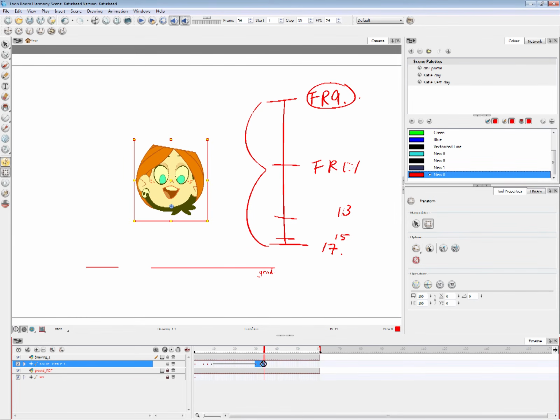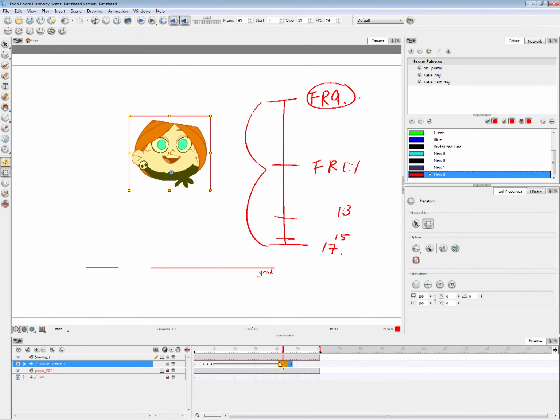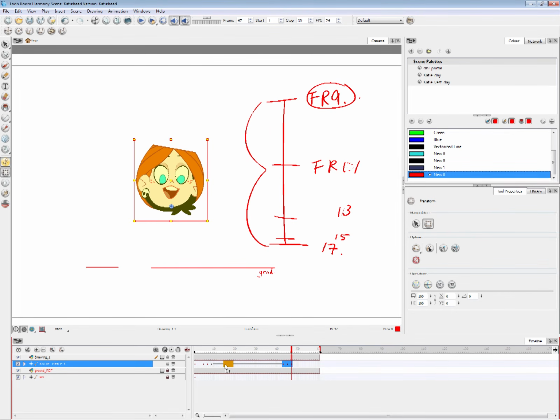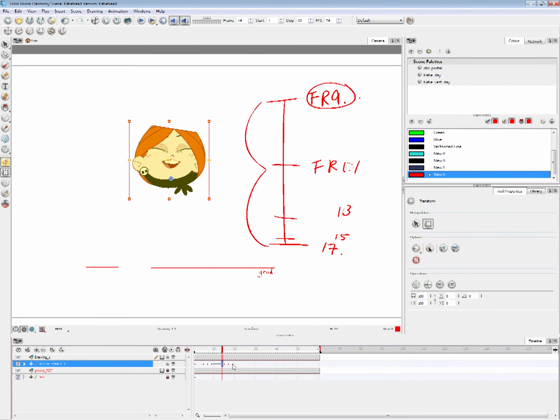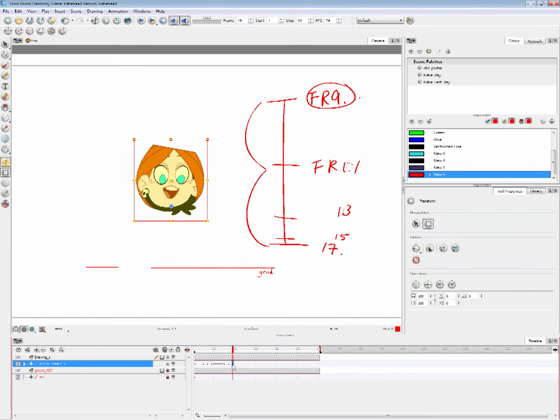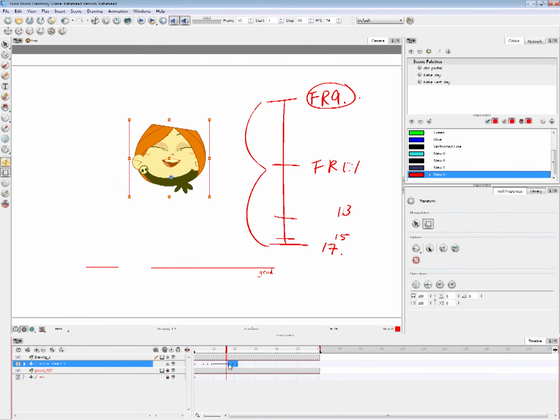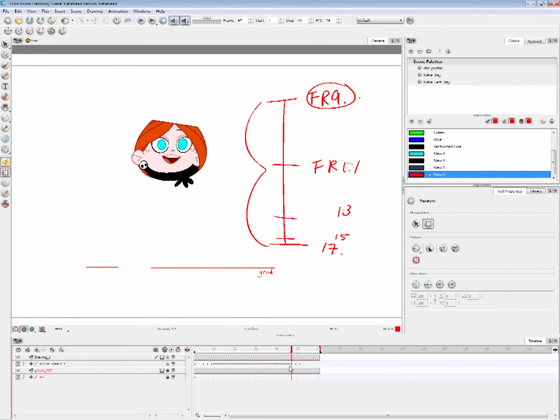But the reason why I stretch it so far is so that I can give more subtlety. If I work with it here, so close to what it actually is, the difference between frame 16 and 17 is still quite large. But if I stretch it out, it becomes a lot more subtle. So that's what we're gonna use.